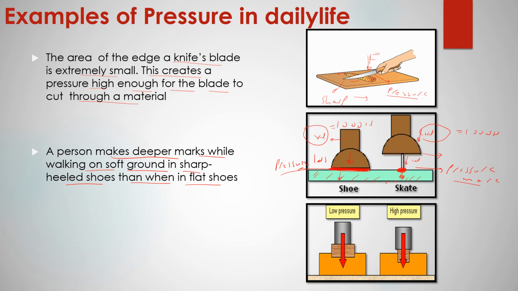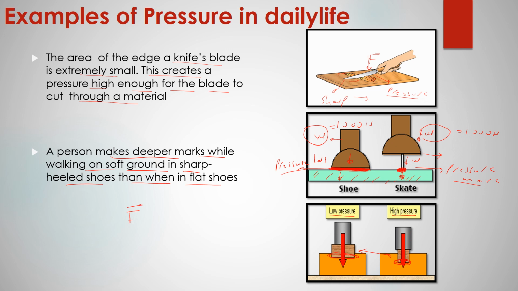So you see that the surface area touching the object is large, so that's why low pressure is produced, and here high pressure is produced. Why? Because the surface area is very small compared to this one. Okay, so then we can say that